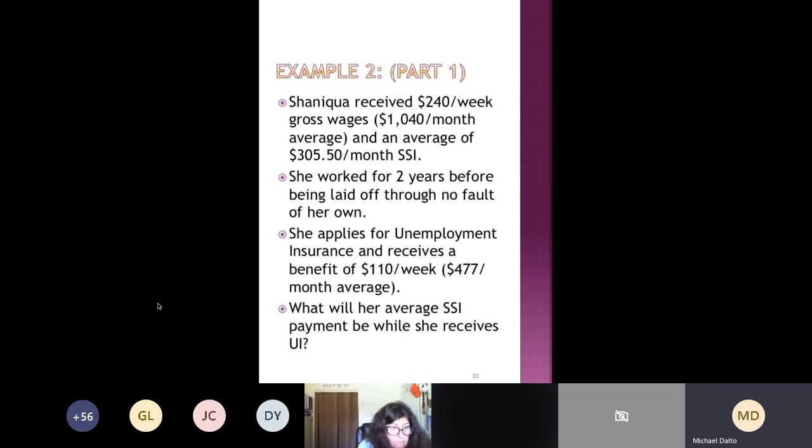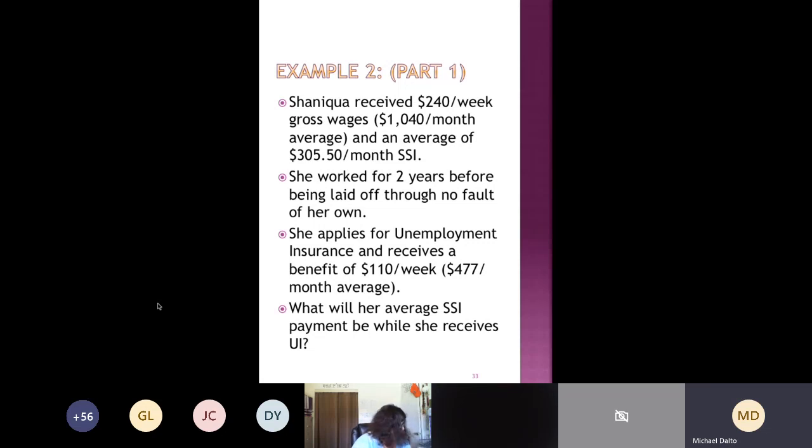We're going to go through a couple of examples involving unemployment benefits and SSI. The first example with Shaniqua is a person who's getting UI under the regular rules. And the second person, Pedro, will be getting unemployment benefits through the CARES Act. So Shaniqua was getting $240 a week gross wages. That's an average of $1,040 a month gross wages. And her average SSI payment was